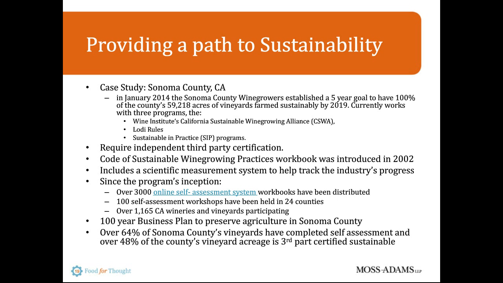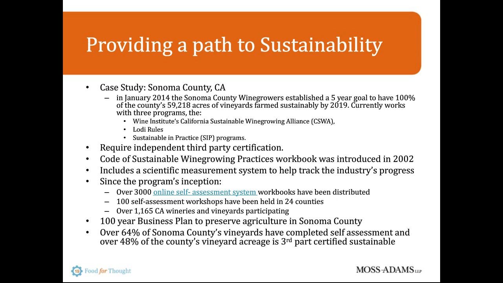And already within the first 2 years of implementing the program, over 64% of Sonoma County's vineyards have completed the self-assessment phase of the sustainability practice and checklists that are provided, and almost half, 48% of the county's vineyard acreage, is certified by an independent third party as being farmed in a sustainable way. So they provide the workbook, the checklist, and really the scientific measurement system to help any one of us, if we're farming our vineyards, track the progress that we're making